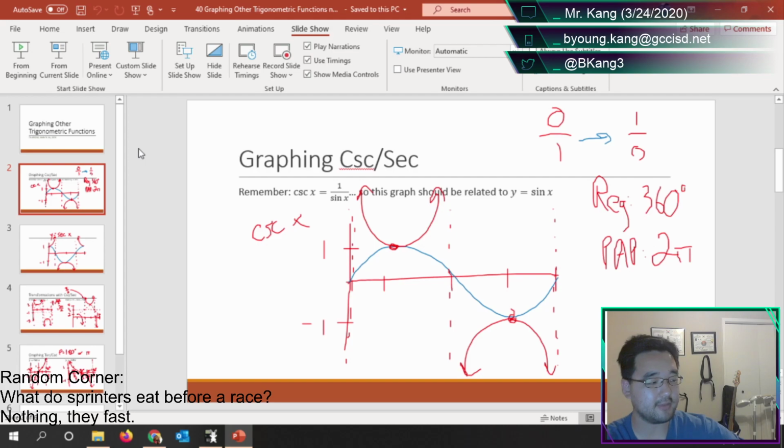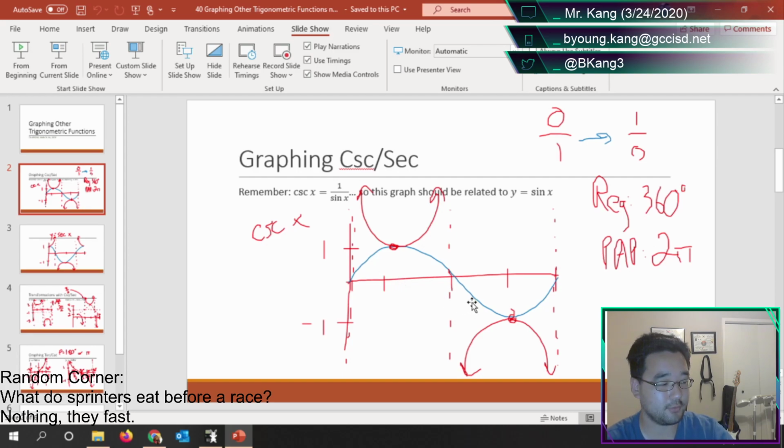Everywhere you hit the x-axis, here, let me use my mouse cursor. So over here at 0 degrees, 180 degrees, and 360 degrees, or the corresponding radians, you put these little vertical dotted lines. You do asymptotes, like that. And then anywhere you hit either the top or bottom of your wave of whatever function you have, you just put a little dot there because they meet, and then you draw this weird U shape that goes up and down. The answer is only the red part. You don't need the blue part whenever you're doing the actual answer.